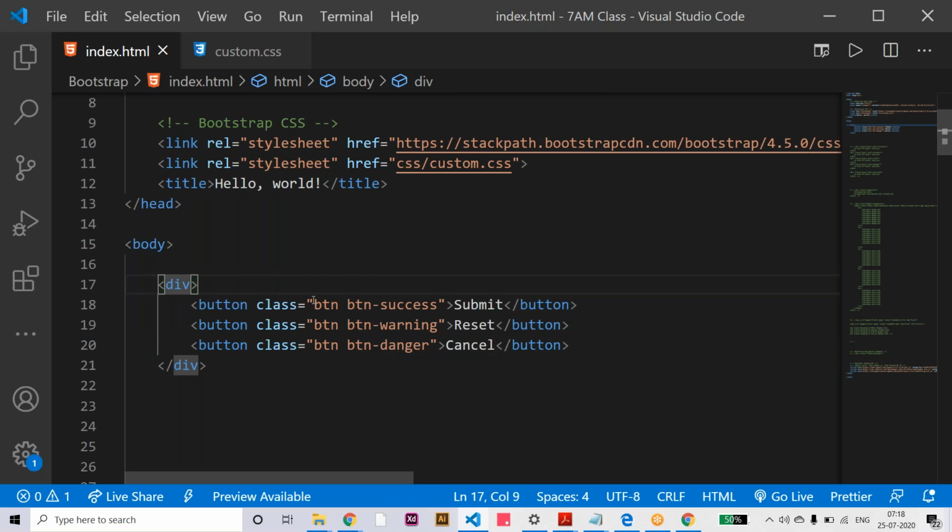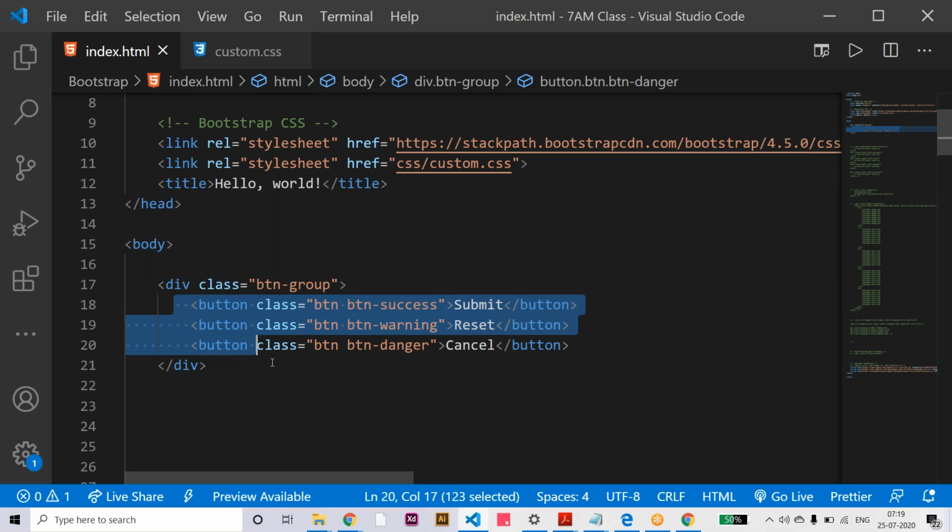Let me apply one group class here. For example, you can say class btn-group. So button group is the parent class for all the 3 buttons. Again, here the same thing, you can use success, warning, danger like this. Let me check how the CSS looks. Now you can see all 3 buttons look like one, but you can separate them with the color theme, indicating particular colors: green for submitting, reset to clear information, cancel button. It looks like one component.